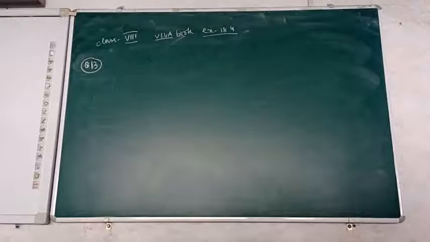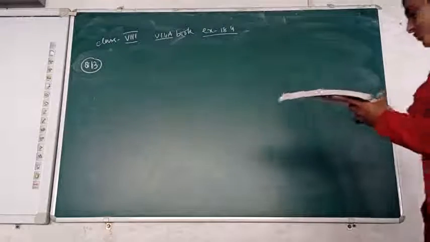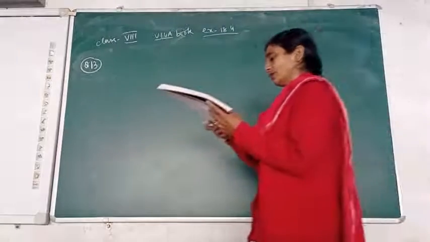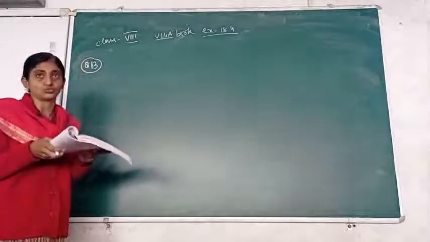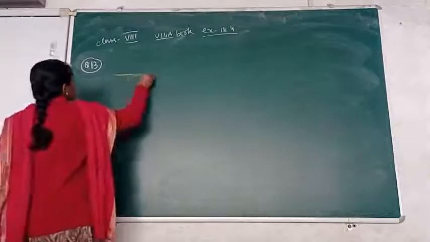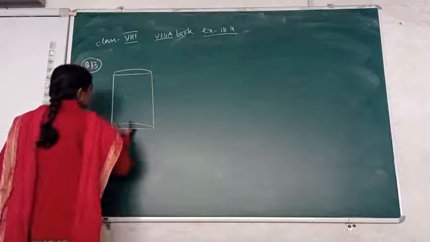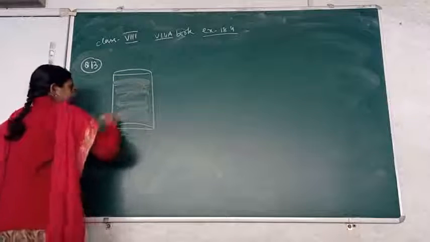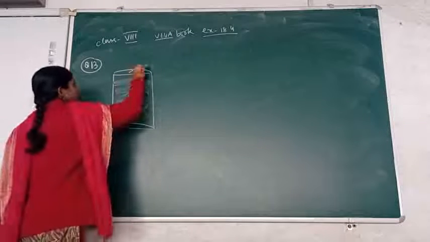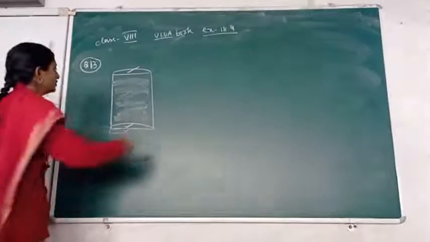Let's come to the next question, question number 13. Here first you go through the question, what has been asked on that. The ratio between the curved surface area and the total surface area of a right circular cylinder is 1:2. Yes, so if you are talking about this one, let's come to that situation. For that cylinder, first the curved surface and the ratio of the total surface, that means in the total surface we are going to include the top and the base with this curved surface.